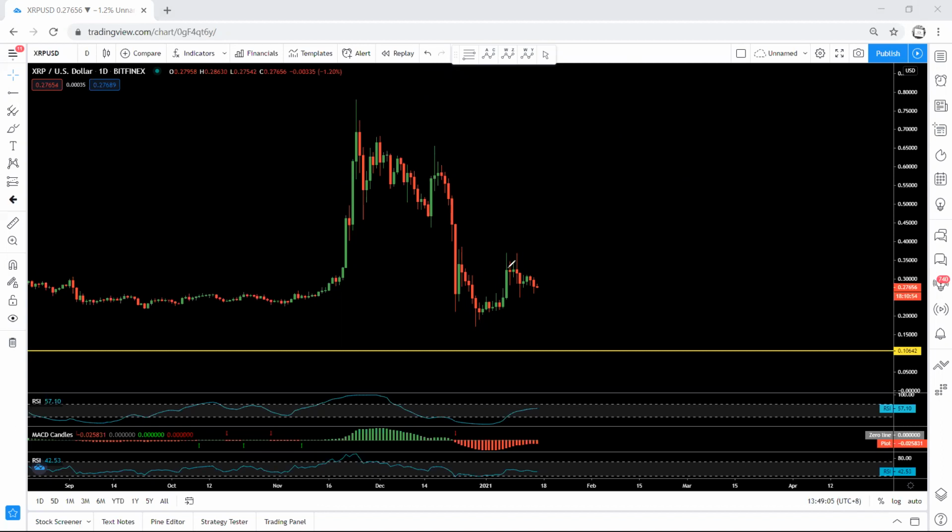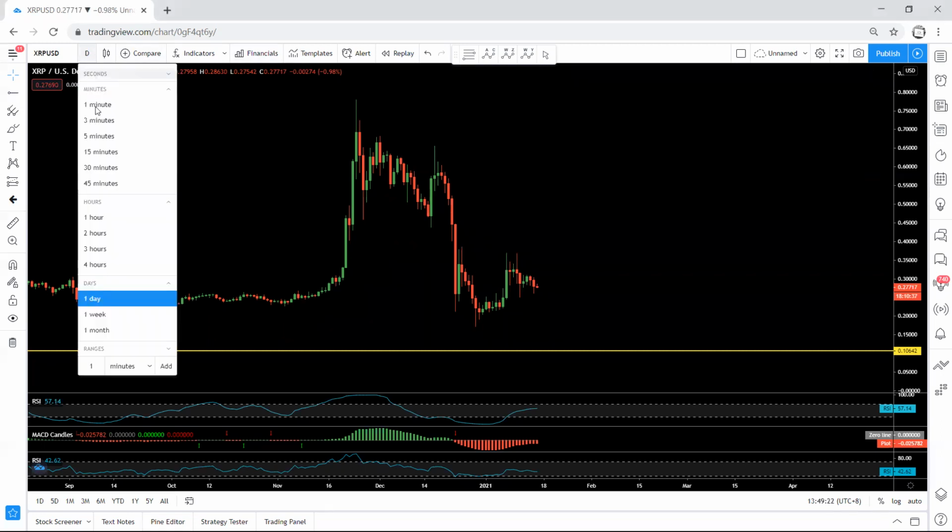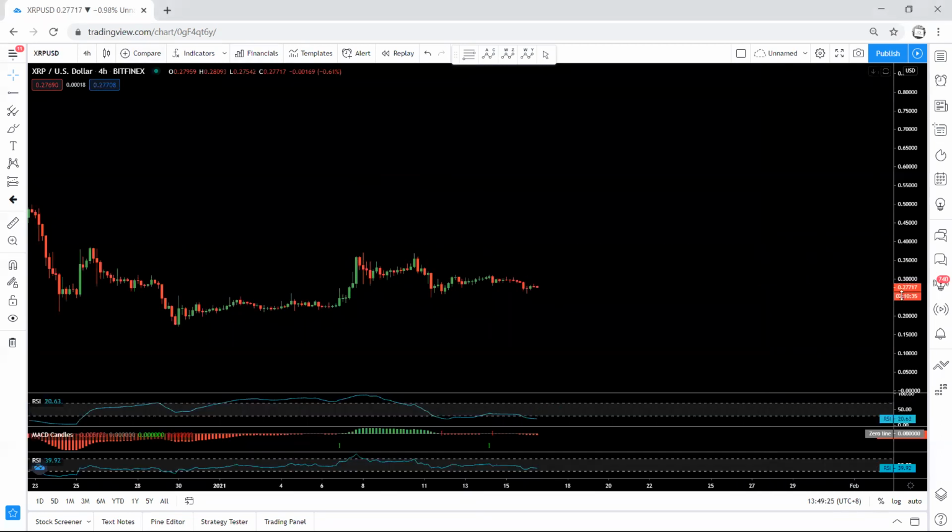Also, there is a possibility the price starts to correct and drop and at least comes to this level. We'll have that option too. That means if you want to trade based on the daily chart, we need to get the buy setup before we take the trade. But now we don't have any trade setup, I mean any buy setup. In this case, we move to the four-hour chart.